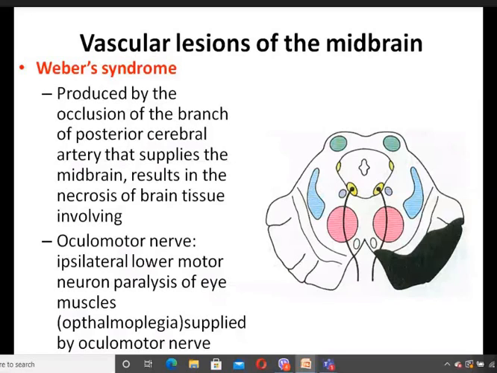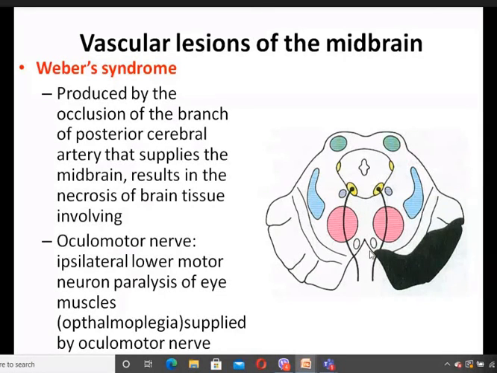The vascular lesion of the midbrain is Weber's syndrome. It is produced by the occlusion of a branch of the posterior cerebral artery. Last time in the class on the pons, we discussed the branches of the basilar artery, that is the posterior cerebral artery, which is one of the components of the circle of Willis, and it gives different branches. Among them, if any branch is occluded, that can cause Weber's syndrome, leading to decreased arterial supply to the midbrain, and it results in necrosis of the brain tissue involving the oculomotor nerve. So this nerve is also